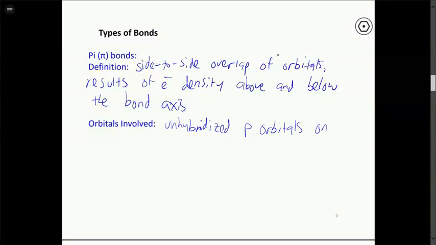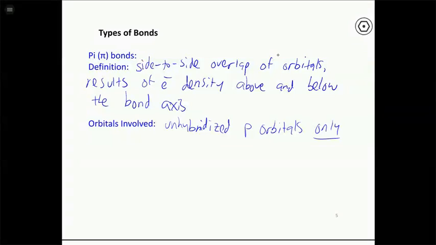Alright, so as we saw in some cases, when you have sp or sp2 hybridization, you're going to have one or more unhybridized p orbitals on the central atom, and those unhybridized p orbitals could be involved in forming pi bonds in the situation where those occur. D orbitals can also form pi bonds, but we won't learn about that in this course. It's a very interesting topic, but one that we just don't cover in general chemistry. But if you take my other courses I teach, you'll hear all about that.